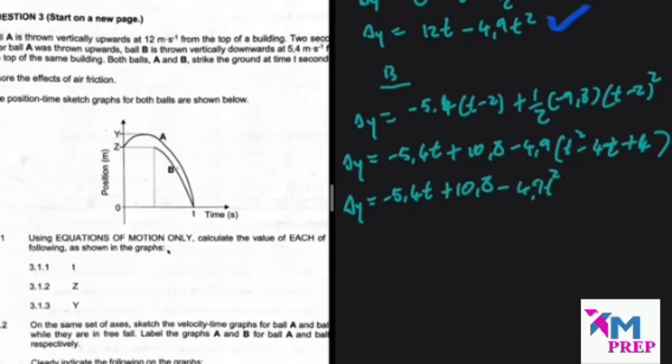So 4.9 multiplied by 4, so this is plus 19.6t, right? And then